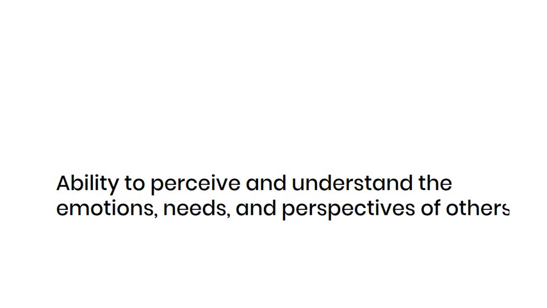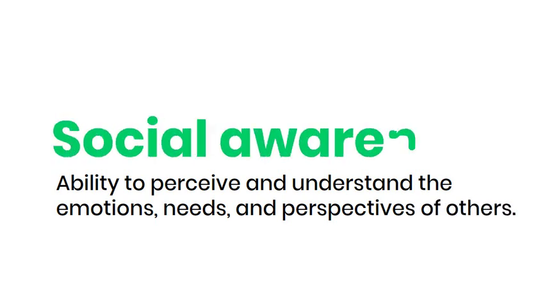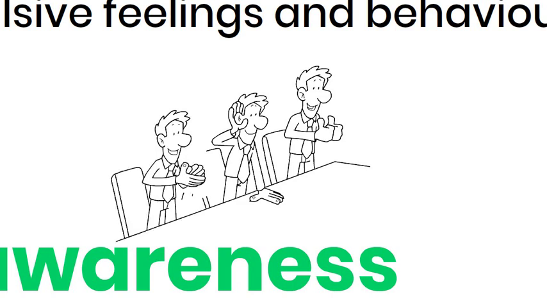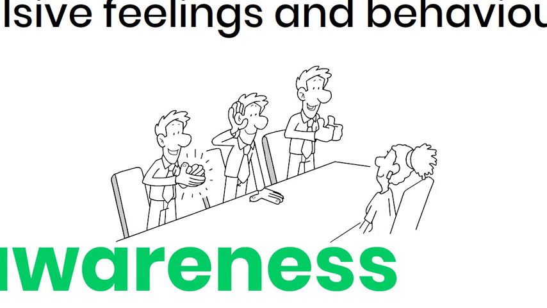3. Social awareness. Social awareness involves the ability to perceive and understand the emotions, needs, and perspectives of others. It involves being alert to social cues such as body language and tone of voice, and being able to empathize with others' experiences and emotions. Socially aware people have a genuine interest in others, show respect for diverse perspectives, and are skilled at building and